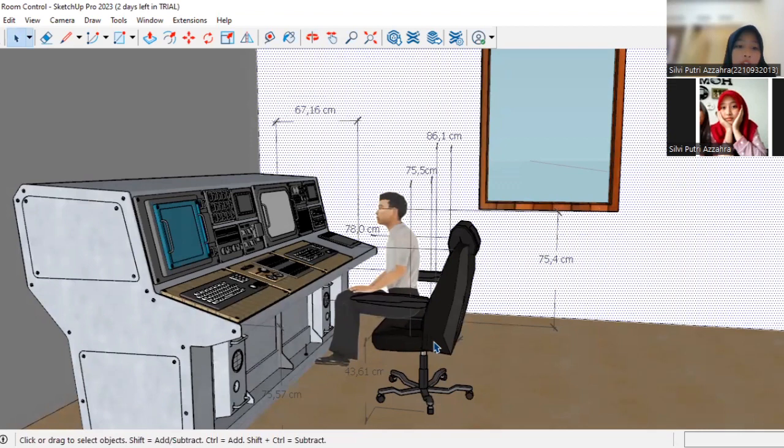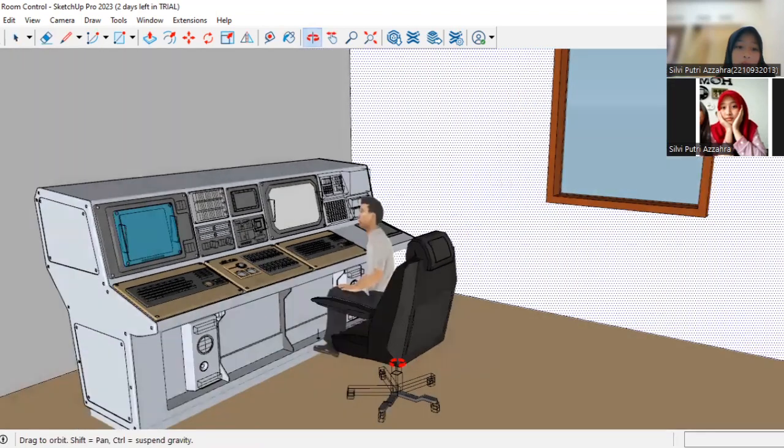And the next is the length of the seat base. The length of the seat base uses the popliteal length dimension with an allowance of 0 and a percentile of 50, so that the seat base can be used comfortably by all operators. The original size is 44.7 centimeter and remains 44.7 after adding the allowance of null.